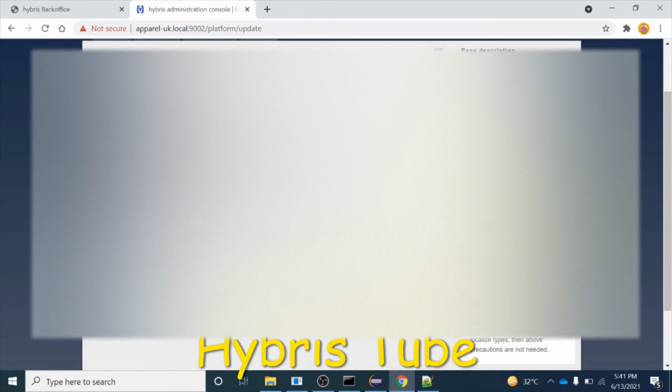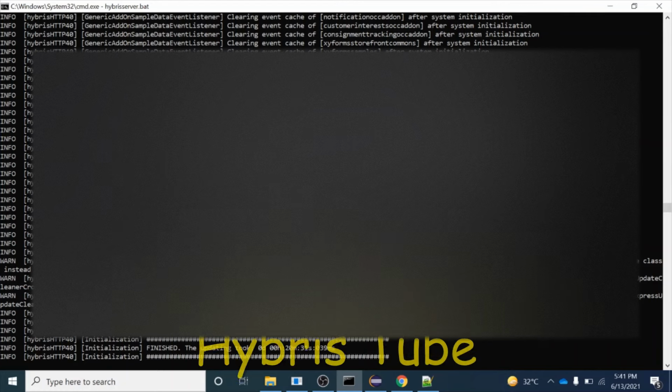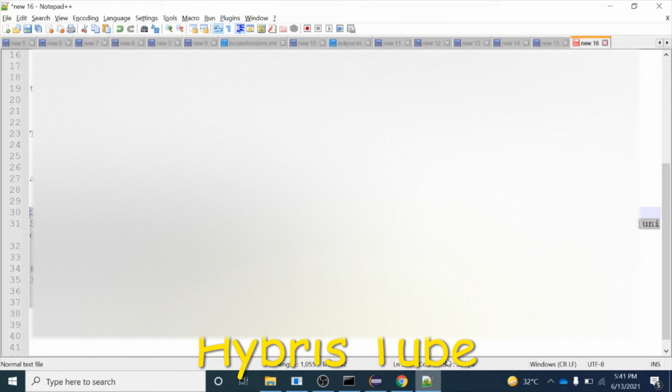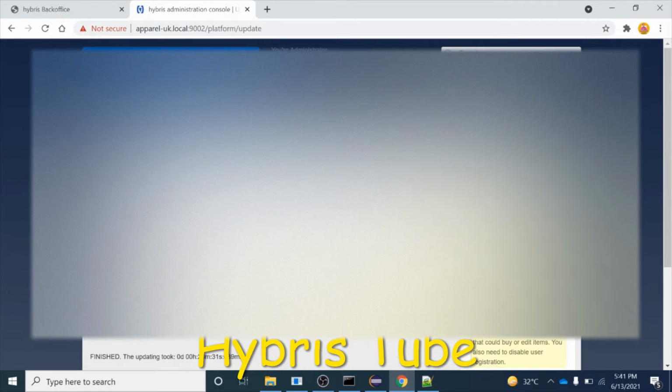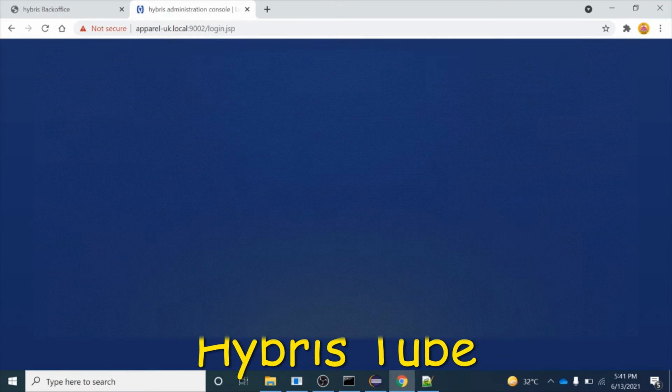Now you can see the system update has finished successfully. Now what is our next task? We will insert the data into the training product table, which we have newly created. For that, I will go into the console, then into ImpEx import, and run the ImpEx.